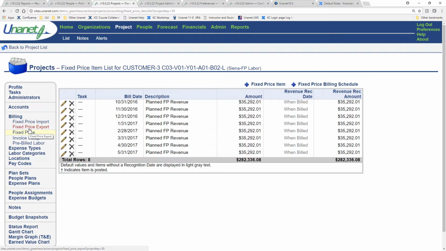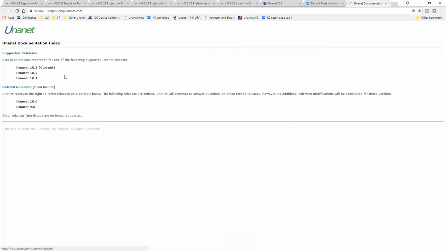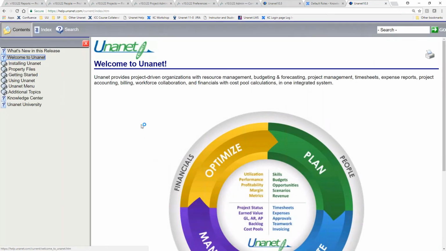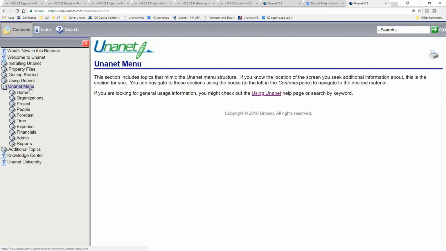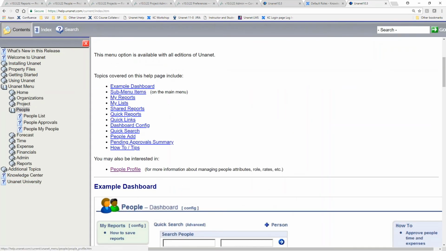I'm trying to think if the project manager can. Let me show you something real quickly here. If you are in our help documentation and you're wondering what roles can do what things, I've sent you the link to that information in the Knowledge Center, but also if you look in the people dashboard information under the Unanet menu and go into the profile,